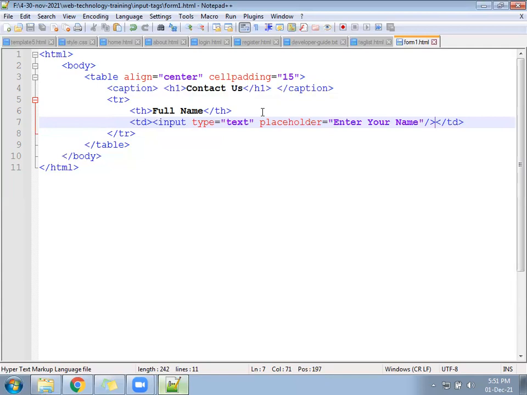If you run the page, under the text box by default it will display Enter your name. Please check once.